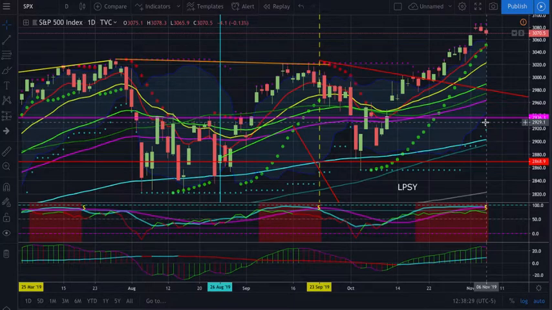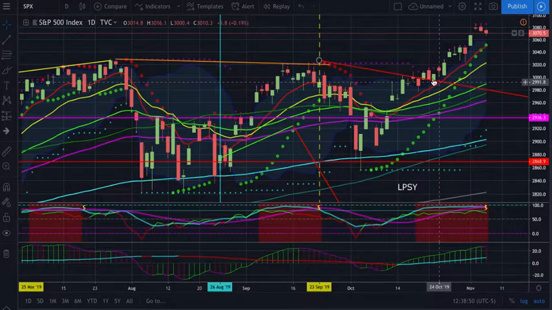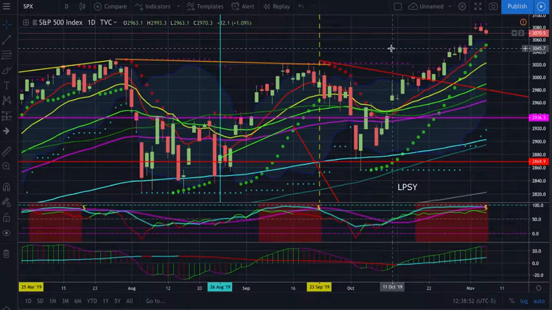So keep your eyes peeled, guys. We're expecting a big move soon, and all you can do is just be prepared. Do your TA ahead of time. Get an idea of what you're going to do if this happens. If we break to the upside, what are you going to do? If we break to the downside, what are you going to do? If we continue to consolidate, what are you going to do? Have a plan, and in that way you're not trying to react. You're basically just taking action upon the action of the market instead of trying to hurry up and do TA and figure out where it's going while price moves against you.